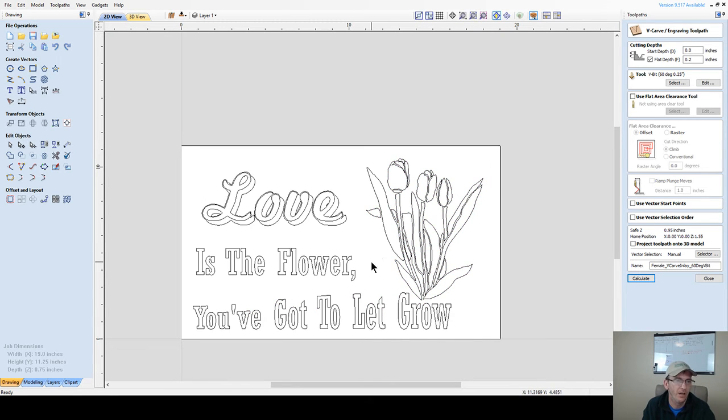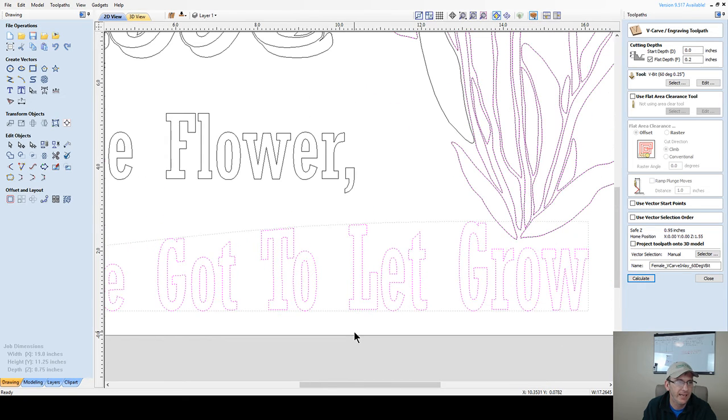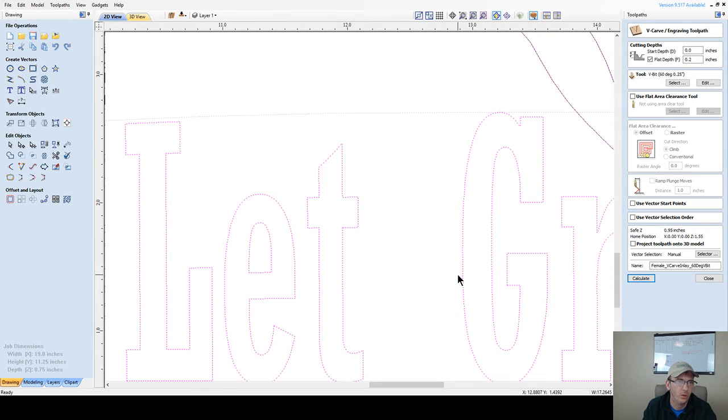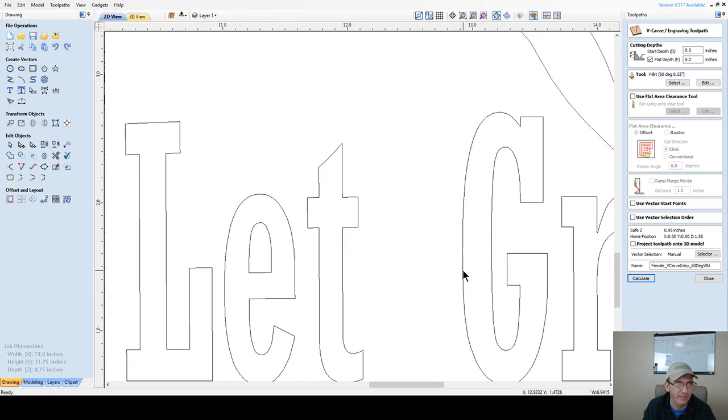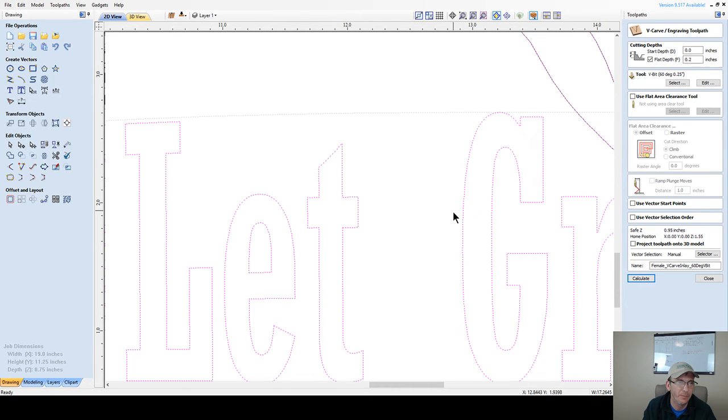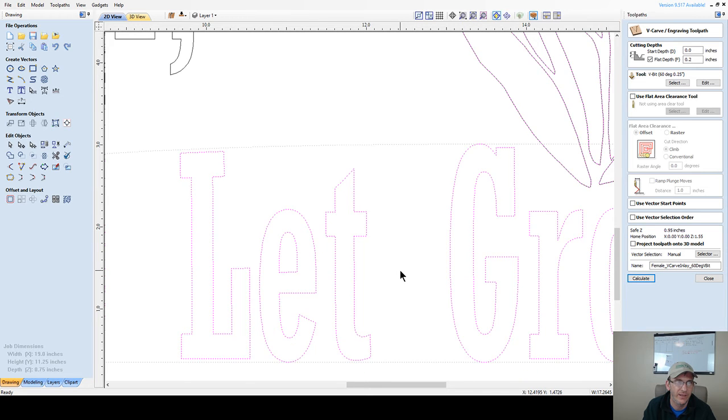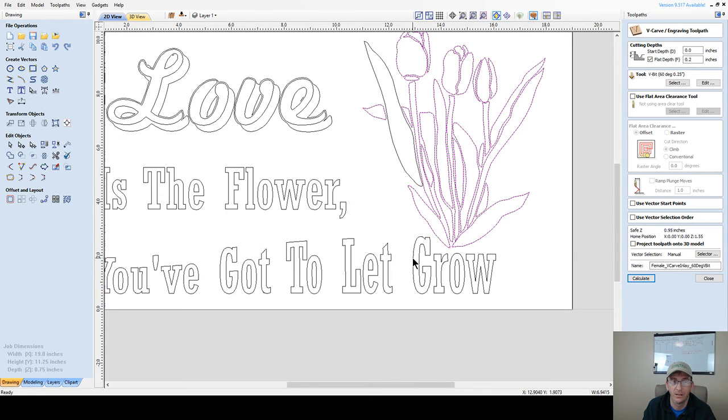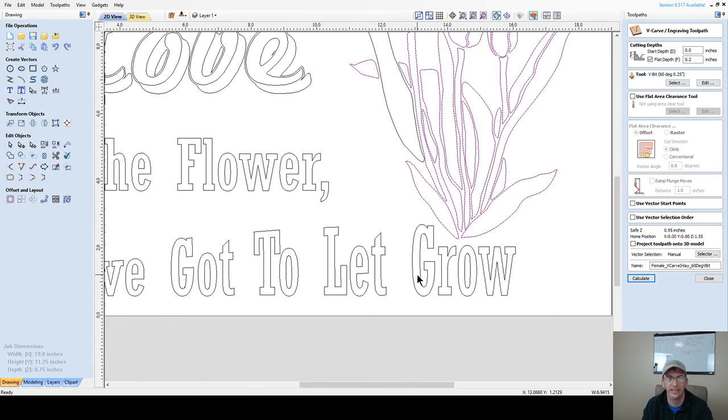Now, notice that when I right click and select all duplicate vectors, the "You've got to let it grow" text got selected as well. And so if we look at it, we don't see a black dotted line. We don't see a duplicate vector in there. And so there is no duplicate vector in here. It just, for some reason, got selected during that selection choice. I'm not sure if it's because of the distortion that caused it to get selected as a duplicate or what,